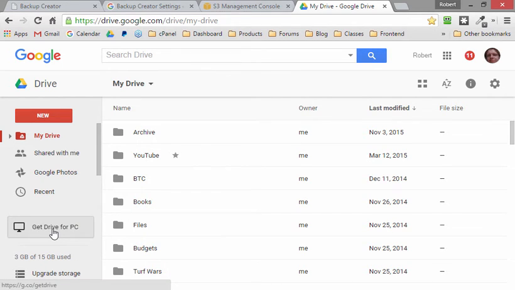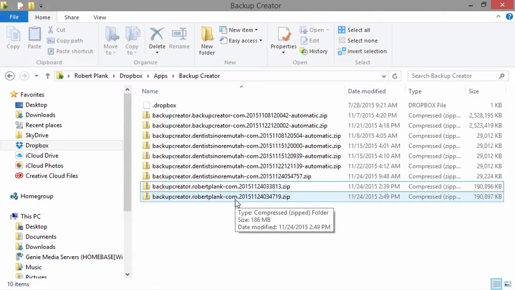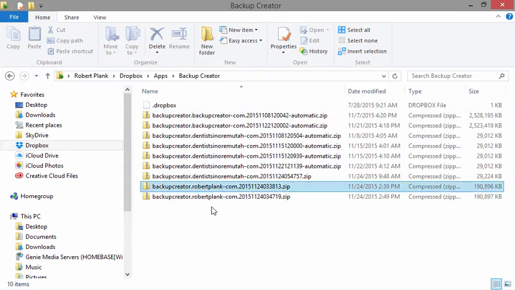and I believe they have, yeah, this Get Drive for PC. If you install that on your computer, then you will have a magic folder just like we have on Dropbox. And check this out. Speaking of the magic folder in Dropbox, now we have both of our backups from robertplank.com. So if that daily backup ran, after a couple weeks, we'd have just a list of all the backups safely